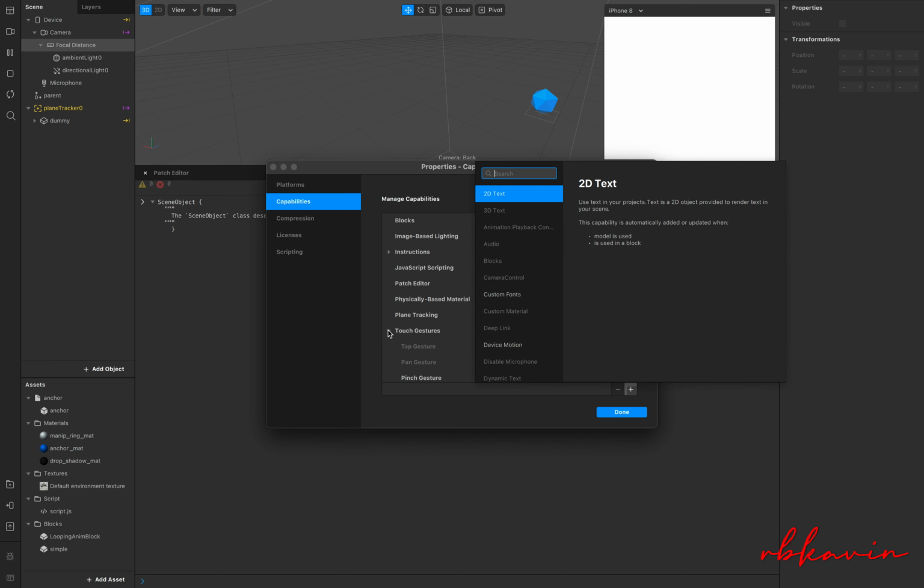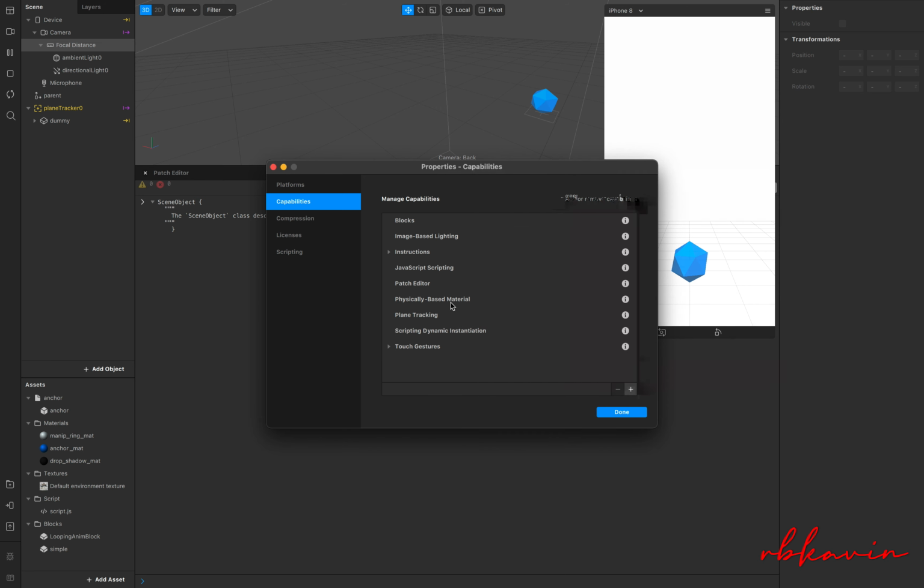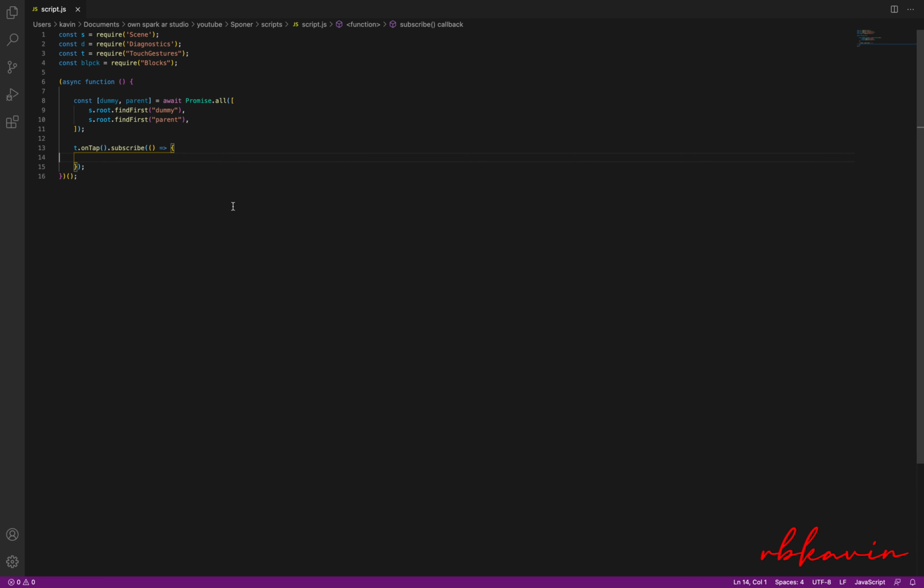Then we'll need to have the script dynamic instantiation capability enabled. Only then can we see the objects being dynamically instantiated. So what we are going to do now is create a userlet and then a simple block.